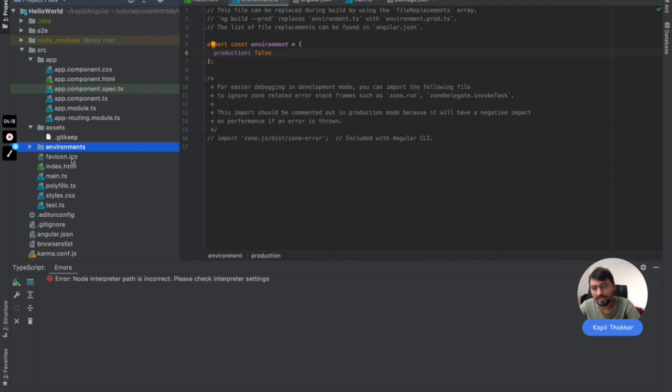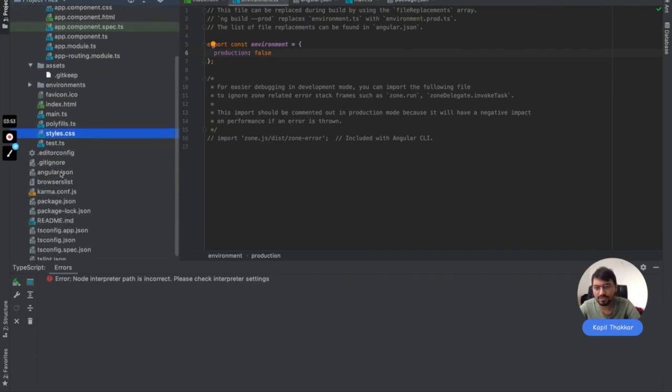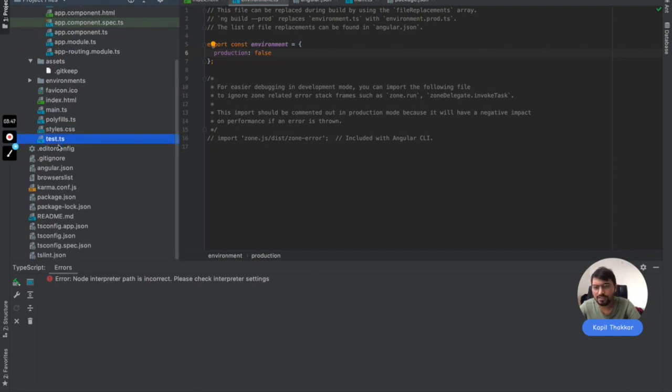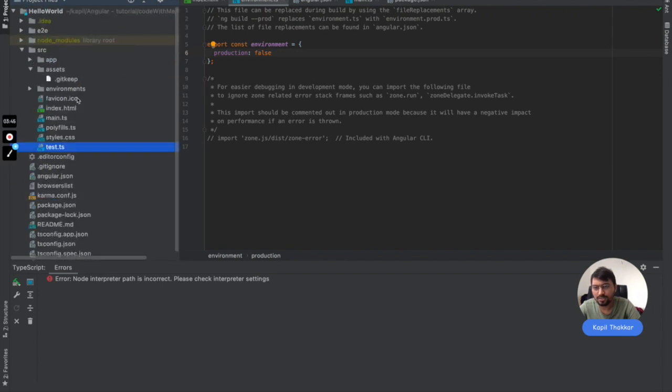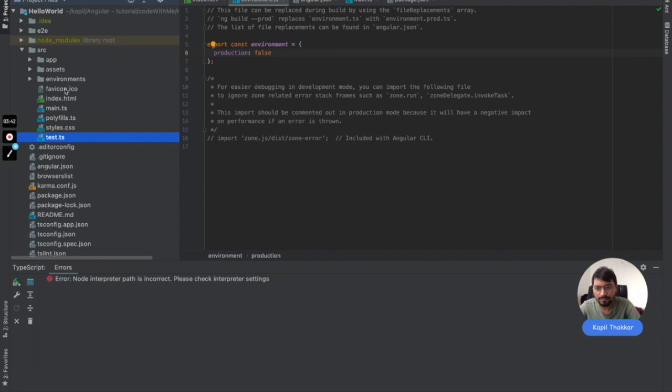Then this is the icon, then index.html, our main HTML page. Main.ts is a configuration file for our Angular application. Mainly it holds our startup file related configuration. Another is style.css, the global CSS file for our application. This is test.ts, which holds test related configuration, so this is not very important. As of now, the important ones for us are the environment file, index file, main file, style file, and